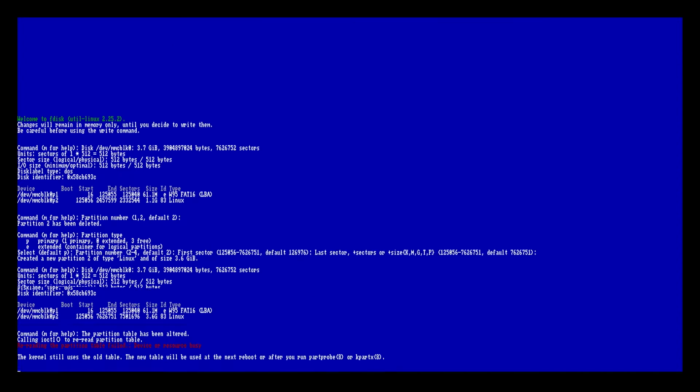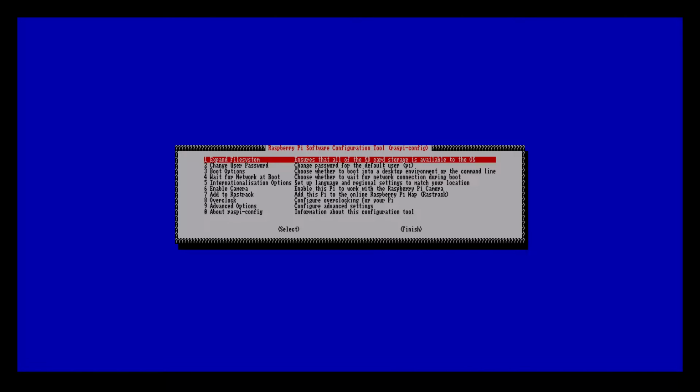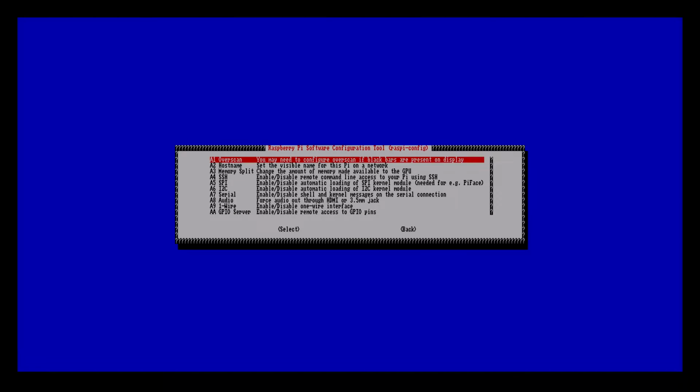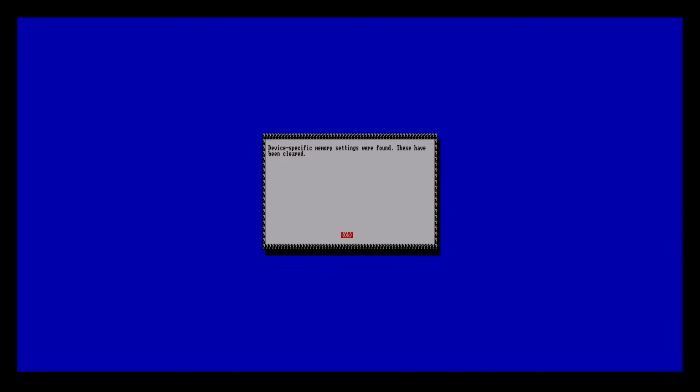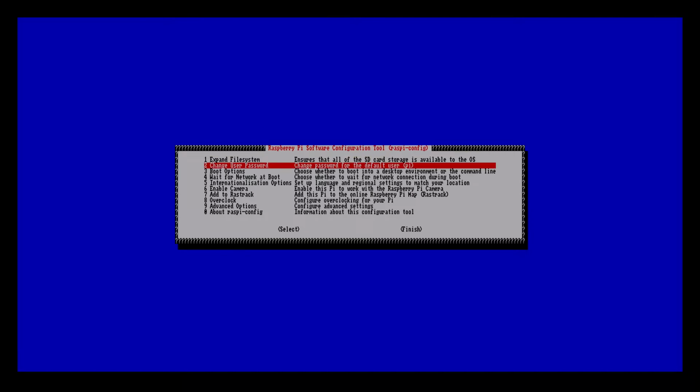And then we're going to go down to advanced options, number 9, and go to memory split, and change this from 128 to 256 and hit enter. The expand file system step is absolutely required, or you're going to run out of space before you can copy all the files over that you'll need to run Amiga OS. The second option I've found just helps Amiga OS run a little bit better on the Pi 2 and Pi 3 because they have a full gigabyte of RAM. If you're trying to do this on an original Pi or a Pi 0 or something, don't make that second change.